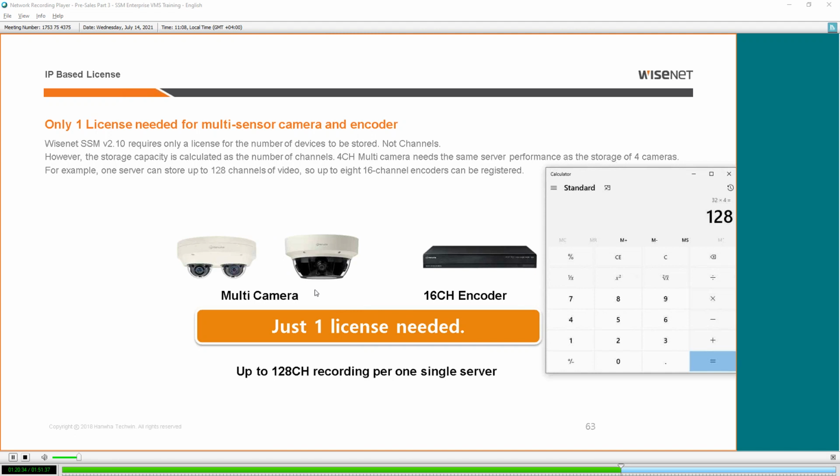It's a 4 channel, right? That much hardware resource, RAM, CPU usage will be taken as if it's 4 cameras. But license-wise, you don't need 128 licenses. You just need 32 licenses. Okay, so this one point you should keep in mind. It will take 4 capacity of resource. It will take 4 space. It's like 4 people sitting in the car, but at the end, you just need one car, one driver, right? One license.